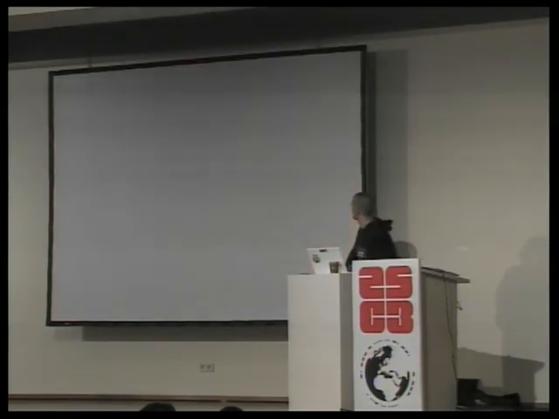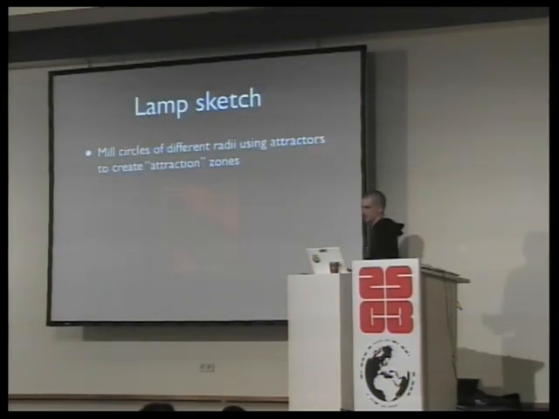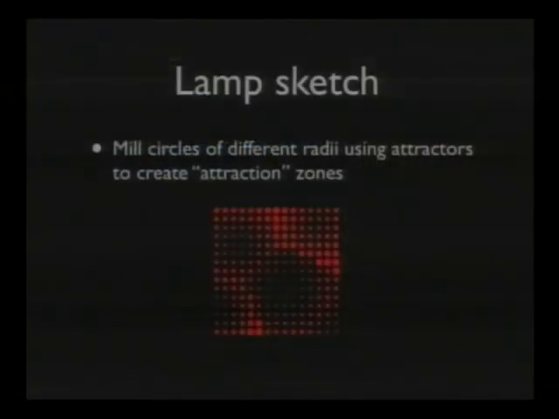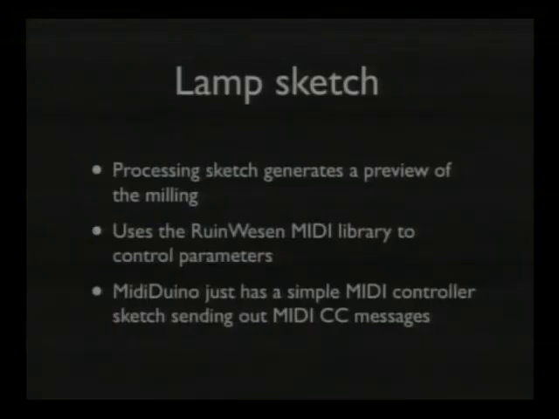So let's switch back to Keynote. So yes, I milled circles of different radii, I think, or radiuses, radii, I don't know. Using attractors to create attraction zones, and you can actually apply that kind of thinking to every kind of graphical algorithm. Or you can use lines, or for example, if you take one shape, for example a triangle, and then just start to morph the triangle over the whole design, which is something you'd never be able to mill with that precision by hand, but it just looks really cool when it's perfectly phasing around the lamp, and then you have an LED inside that goes.